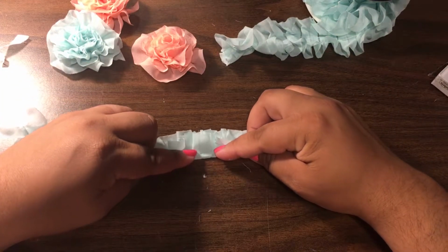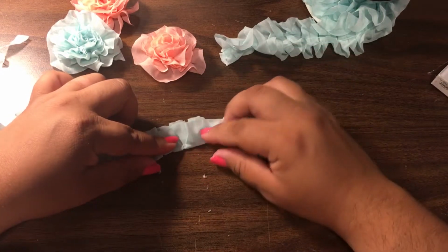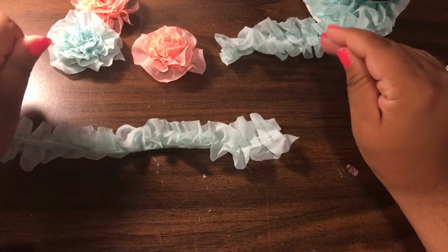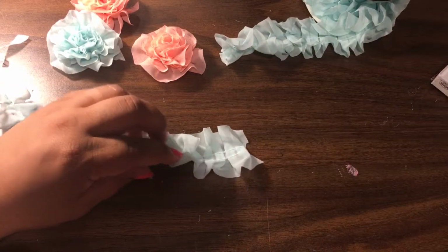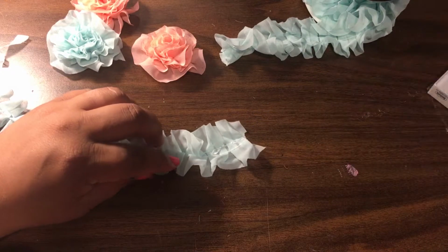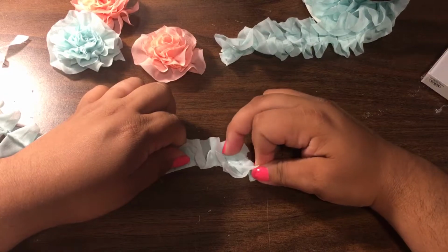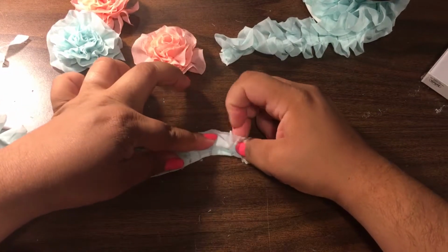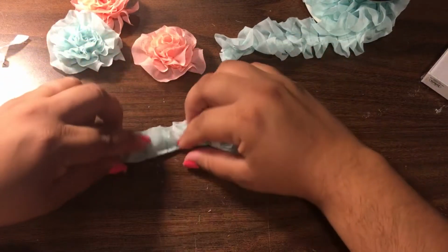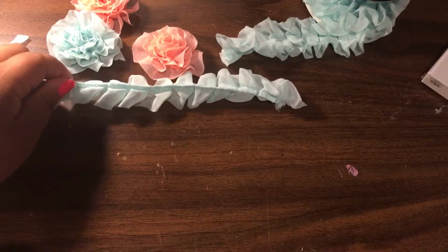Now what I like about this ribbon, this trim, what have you, is that a little bit will go a long way. You can make a nice full flower with just a little. And we're at the end here. There we go. So once you have all of that glued together,